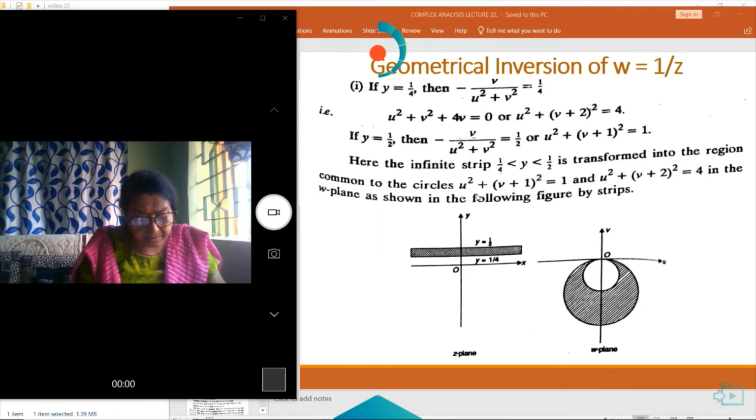Then minus v by u square plus v square is equal to 1 by 4, which after calculation gives us